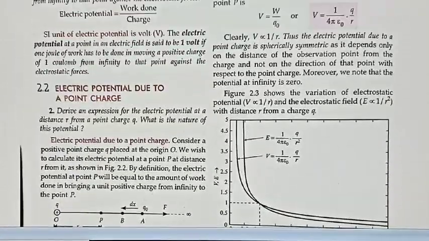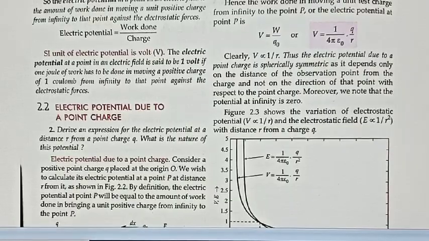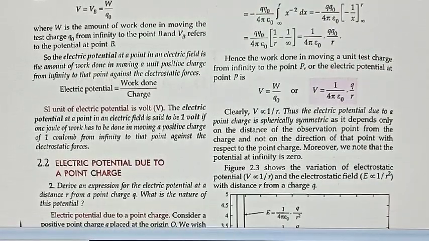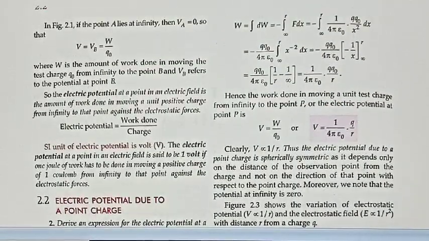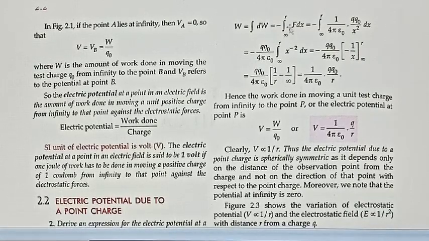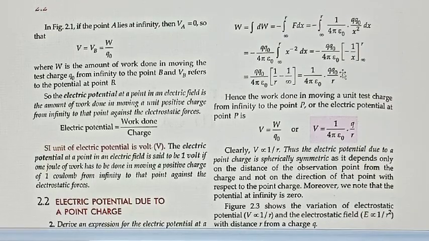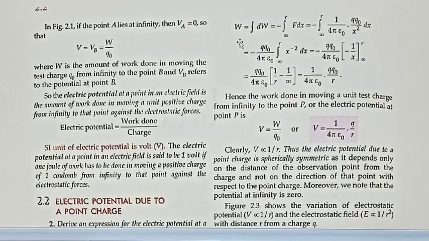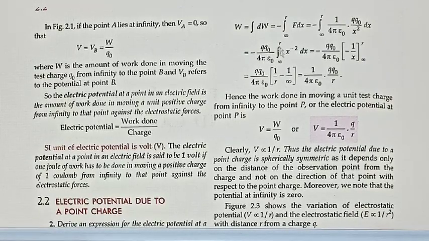So now you are in a position to calculate the total work done. You see this total work done, W is equal to integration dW, where you have to move from infinity to r, and F dx is minus because it's a negative work. So you do the integration part, and finally you get 1 by 4 pi epsilon naught q q naught by r. This is the amount of work done in moving that charge from infinity to that point P,